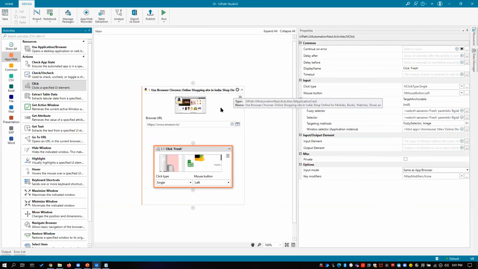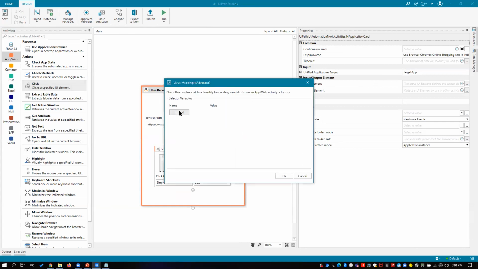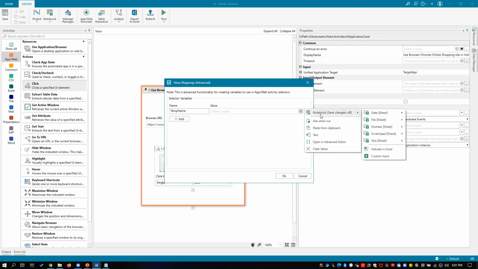For that, with the 20.10 release, there is a new option available for you that's called value mapping. So go to this gear icon on top of your resource and define some selectors, like some variables. We call these some values to help you. Let's say we create a temporary counter, a temporary name. And this same value can be referenced with the Excel file as well. Currently there is a default which is Notepad available. If there is an Excel file you have, the same Excel can be referred and that value can be mapped.